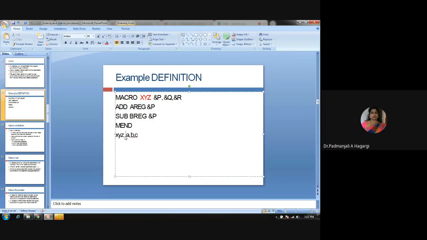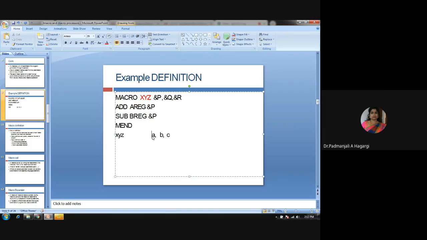There is not much difference between positional and the keyword and default. Why? Because if you analyze default, whatever it wants it can take, and if you analyze the equal-to form, whatever keyword value you are mentioning will be assigned in that way. So here A goes to P, B goes to Q, and C goes to R. These are called the positional parameters.